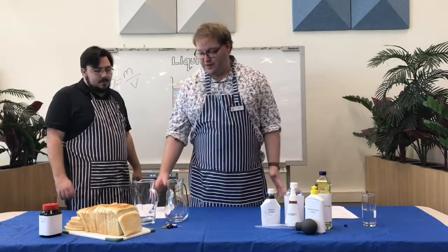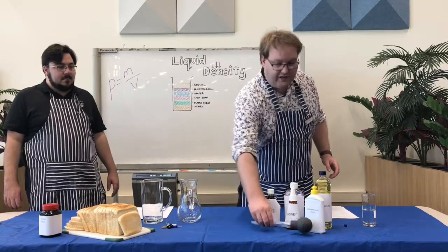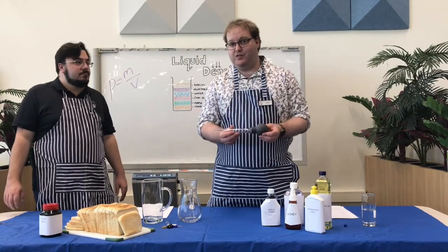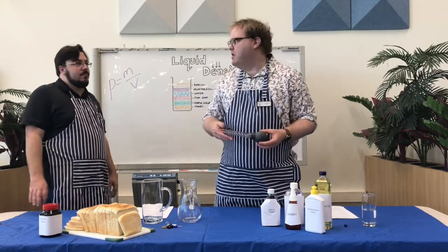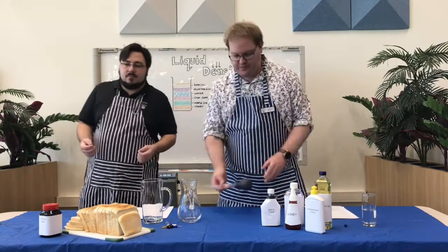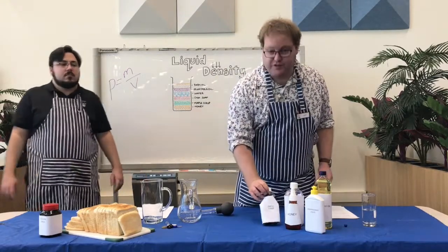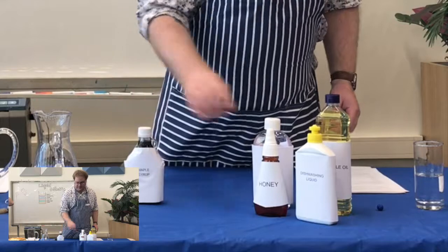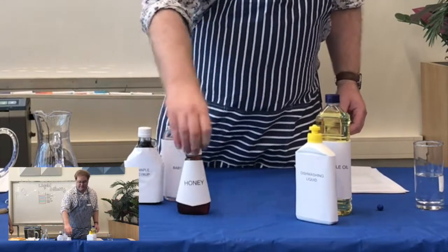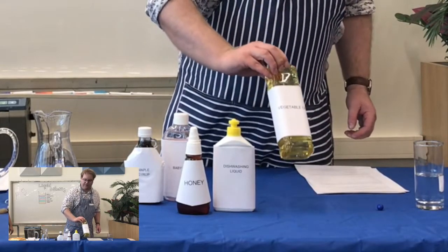Alright guys, so first off, you're going to need some jugs. You're going to need a turkey baster. If you don't have one of these, you can use either a plastic syringe or an eyedropper, or pretty much anything, as long as you've got control over the liquid coming out. Old sauce bottle. Good one. You're also going to need some maple syrup, some baby oil, some honey, some dishwashing liquid, some vegetable oil,